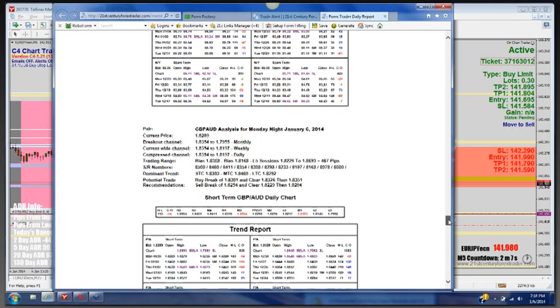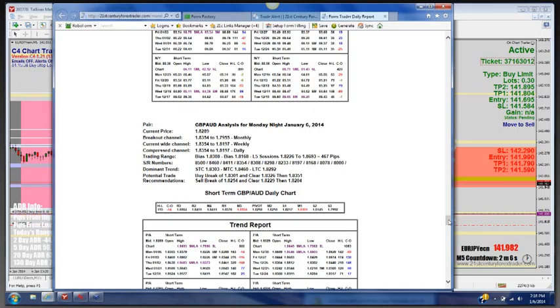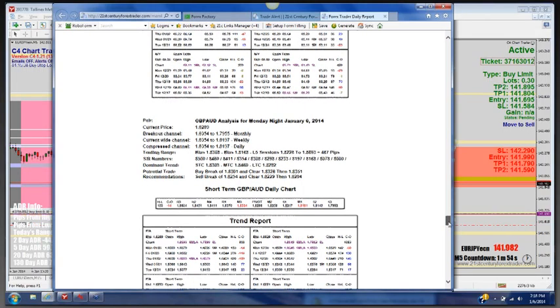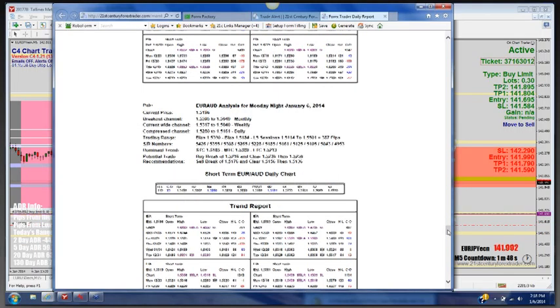So there's a couple of different ways you can utilize this report, but it's a great way to set up your entire trading week, because typically as these key levels are tested, even if they're broken, they're typically retested over the course of the week. So you're probably going to see it again if you're seeing it today. So just take the time to scroll through that, find your key levels, and then from here you can put your trades on and let the software do the work for you